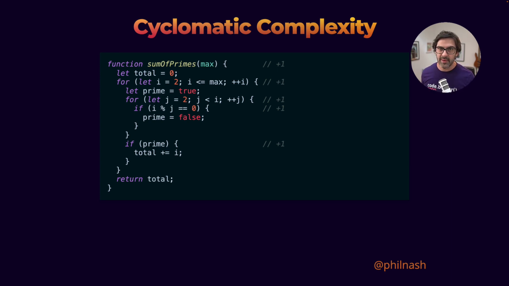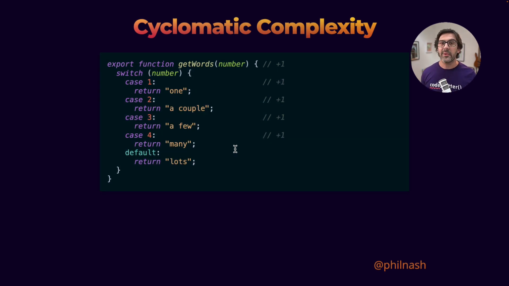So cyclomatic complexity scores the complexity of this by 1, it being a function. That's just how this works. It then scores based on where it breaks for loops and conditionals. So we score 1 for this loop, 1 for this loop, 1 for this conditional, and 1 for this conditional, and that scores 5. So that's not too bad. Cyclomatic complexity 5 doesn't seem like a high number, but I just want you to compare that against this function,